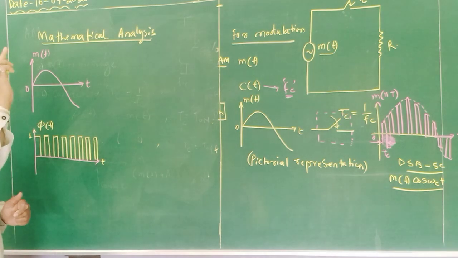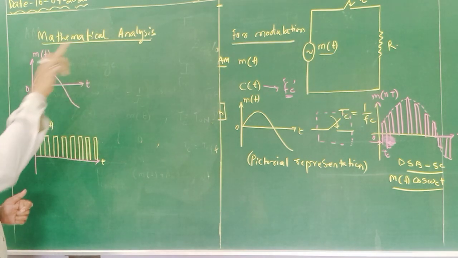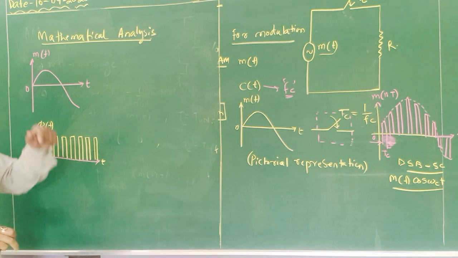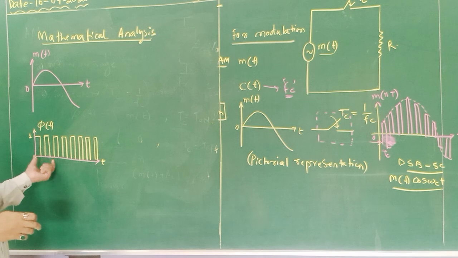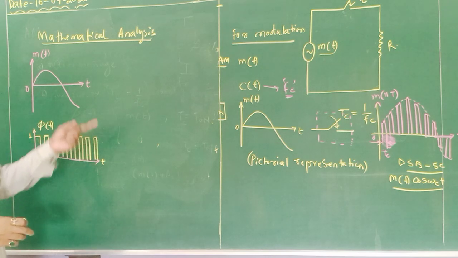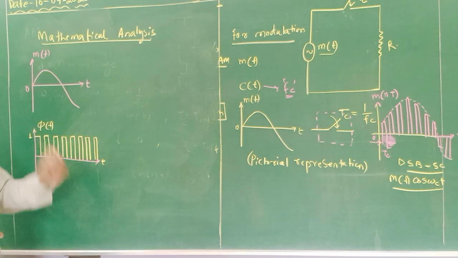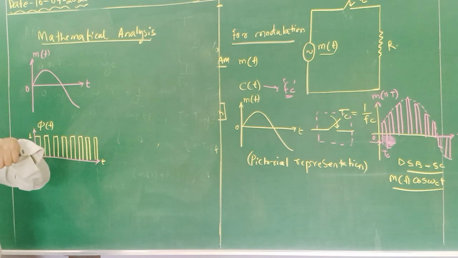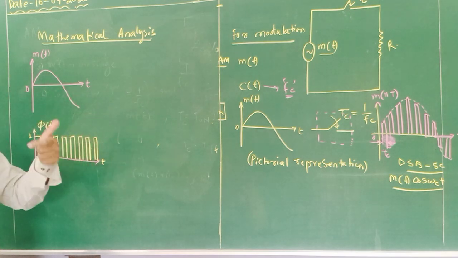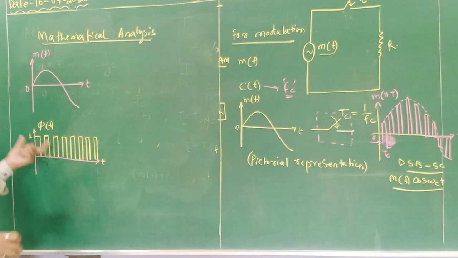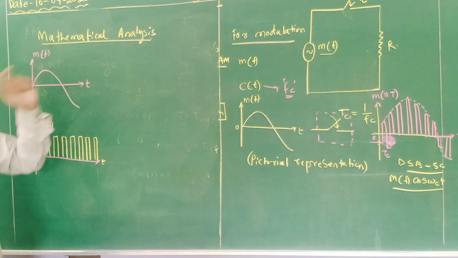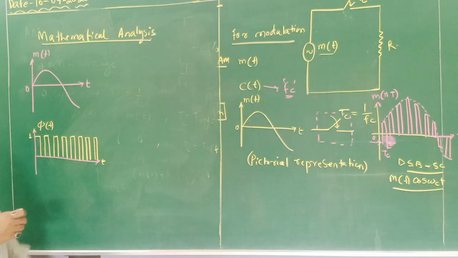So when it is switched on, it is on for Tc. When it is switched off, for Tc it will be off. So this particular impulse train we are considering for the presence of that switch. So that switch is switched on and switched off for a periodic time period Tc. So this is the periodic sequence or a pulse train which is switched on and switched off for a time period Tc. Okay. So let us consider the function of a switch is phi of t.